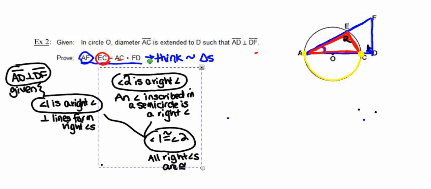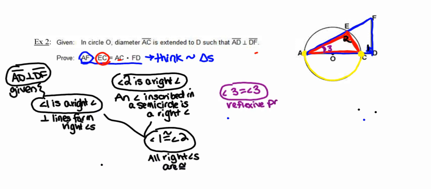All right, our other angles were the angles at A. I'm just going to call them angle 3. And that's by the reflexive property. It's the same angle in the red triangle as it is in the blue triangle. And putting together the right angles with the reflexive property angles, we can now go ahead and say that our